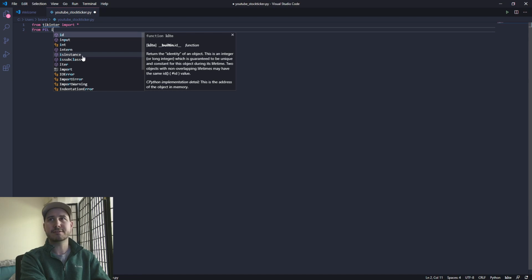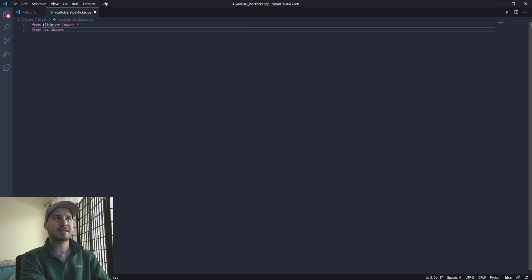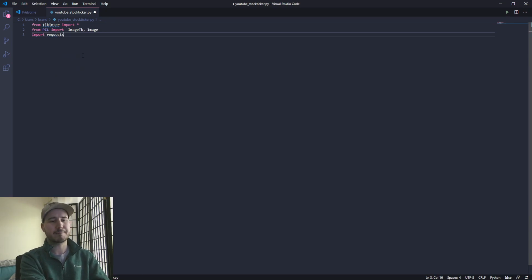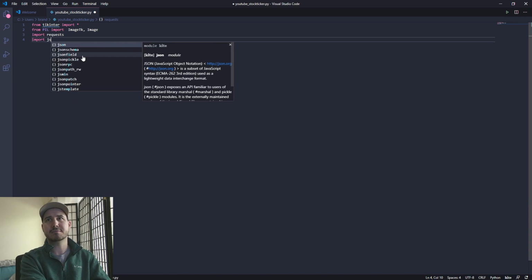I can explain it later. You don't need image, but I'm going to add it later, and I'll show you that maybe in a different video. I'm going to add requests. Requests is a plugin for the API, and then I'm also going to import JSON,